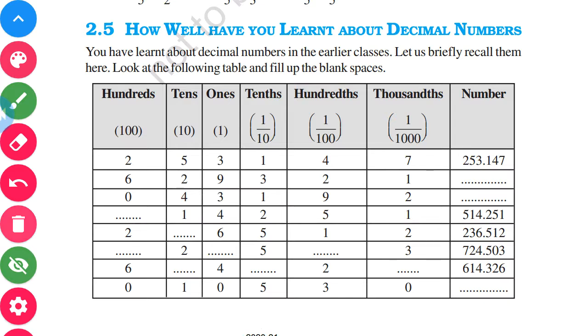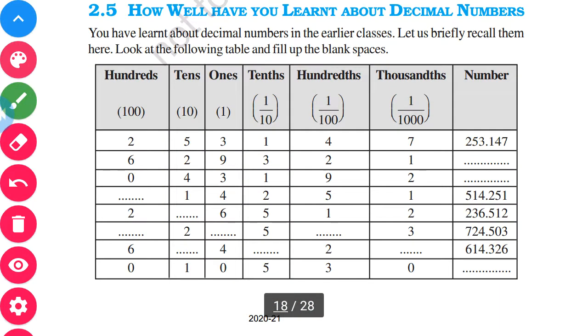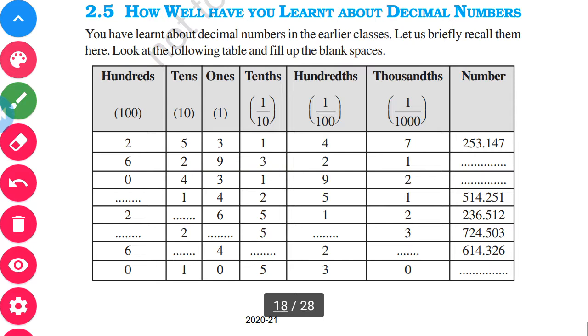If you see carefully, the decimal is represented by a dot here, and the part after that point is called the decimal part, which is in terms of tenths, hundredths and thousandths. The numbers which are less than 1 are represented in terms of decimals, children. In the number line also we have come across this: 1 divided by 10, 2 divided by 10. Such numbers are called decimal numbers.